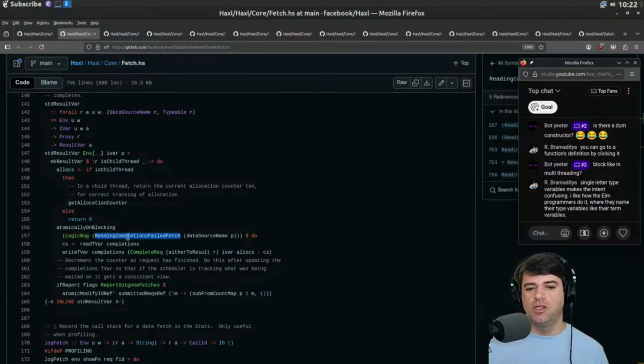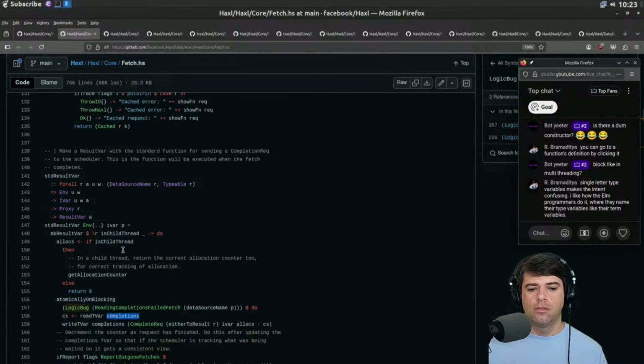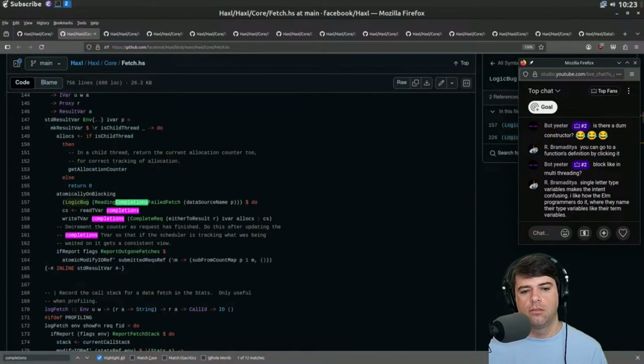Logic bug, reading completions failed fetch, data source P. Maybe this is blocking if there is a logic bug or if there's a failure. And I guess if we're not blocking, then we're going to read the tvar on completions. Where did the completions come from? Somewhere. I don't know. And then we're going to write the tvar completions, passing in also the complete request,